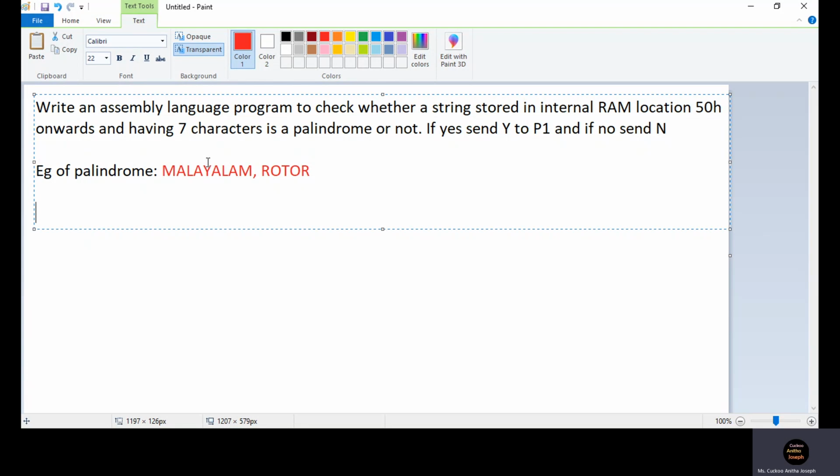So what is the logic that we have to use to find whether a given string is a palindrome or not? We have to consider the example of Rotor. Rotor is a 5-letter word. To check whether Rotor is a palindrome or not, you have to check the first letter with the 5th letter. Compare them. If they are equal, we will proceed to the next comparison. We will check the second letter and the 4th letter. If they are equal, we will proceed to the next comparison. But in the case of Rotor, the number of letters in the word is odd, 5, so only 2 comparisons are required.